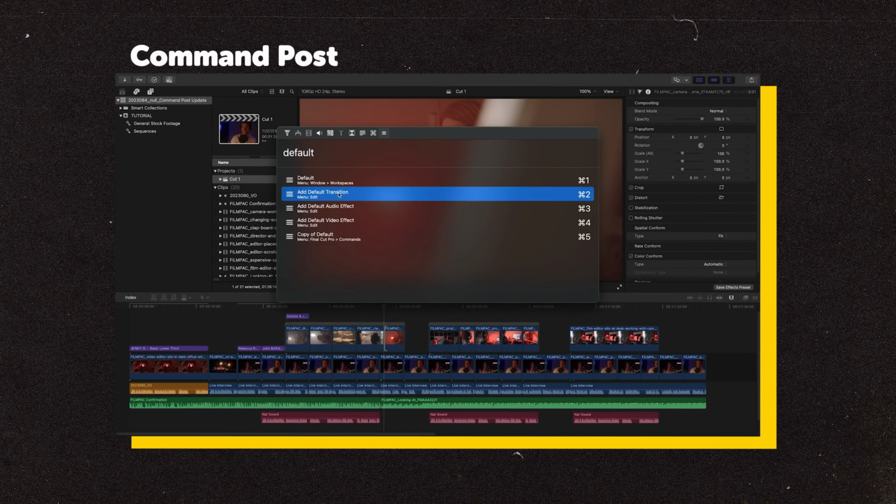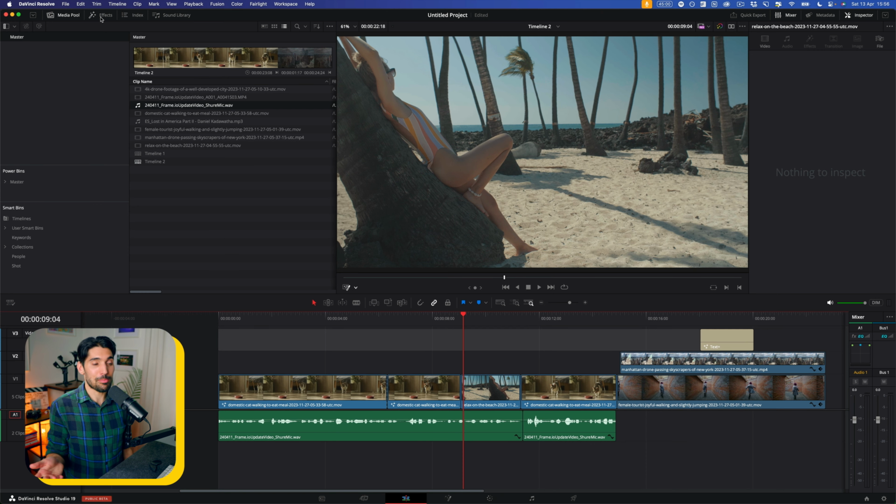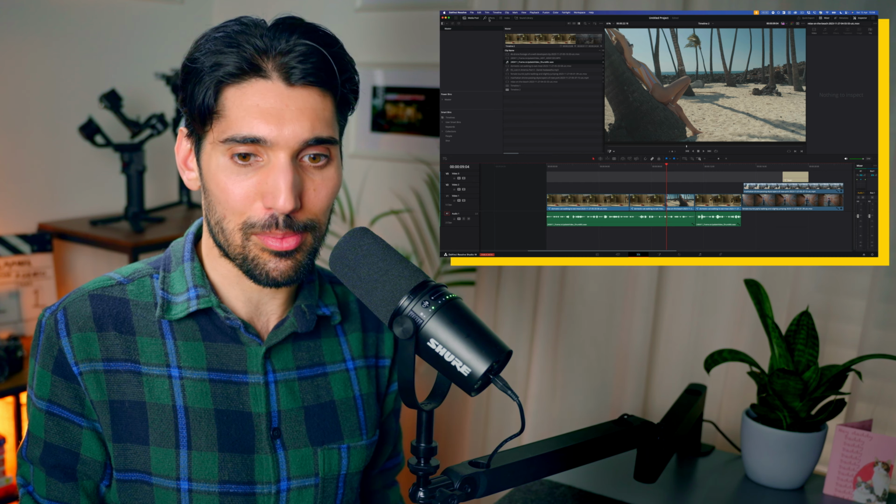And Final Cut also has a version of this that is a third-party plugin where you type in what you want and then it adds that effect onto the timeline. So I don't know why nobody's built this before. Maybe DaVinci people watching this who are a lot more intelligent than me with the Fusion and the backend and scripting, there's a reason why it's never been made before, but I just think it would be incredible,